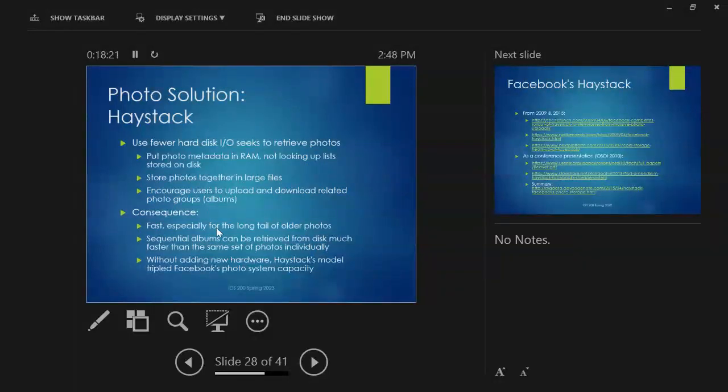So the consequences for this, number one, the system is a lot faster, right? Especially for that long tail of older photos, all the ones that are like a year, 2 years old that people are once in a while looking at. Sequential albums can be retrieved from disk much faster than the same set of photos stored individually and separately on disks. And the net consequence, without even adding any substantial new hardware, just this new way of arranging the data,